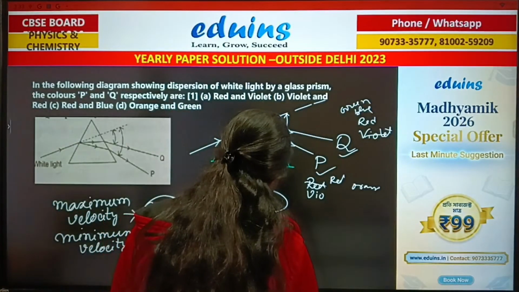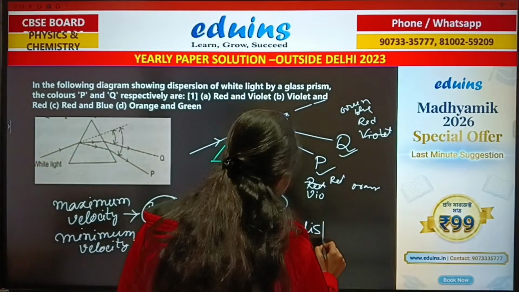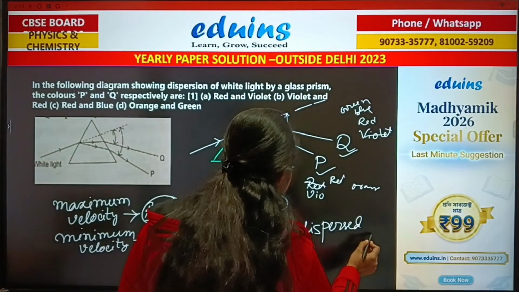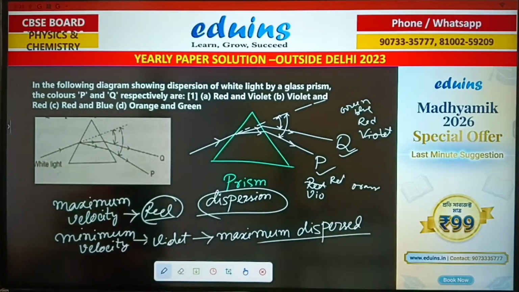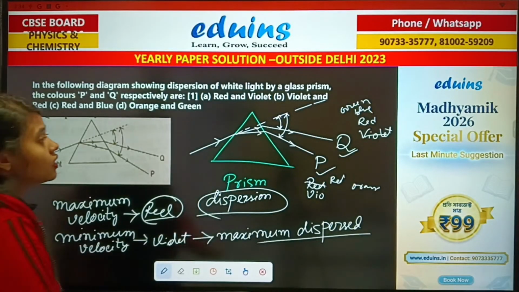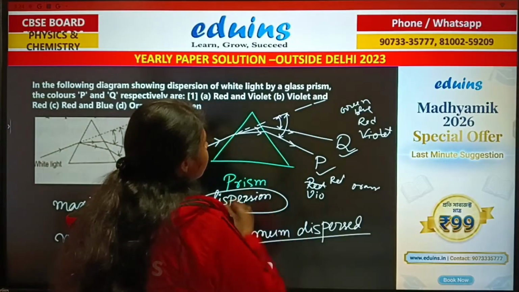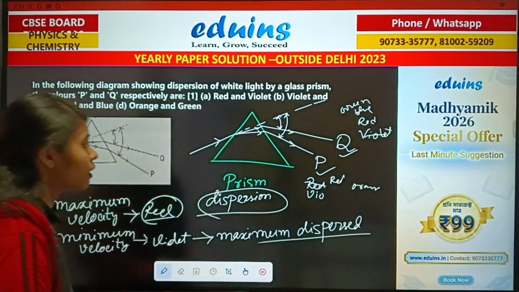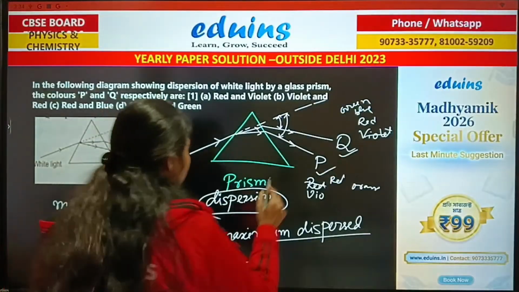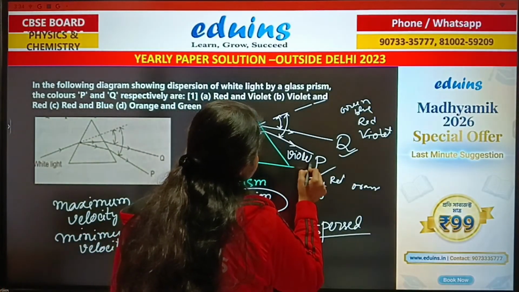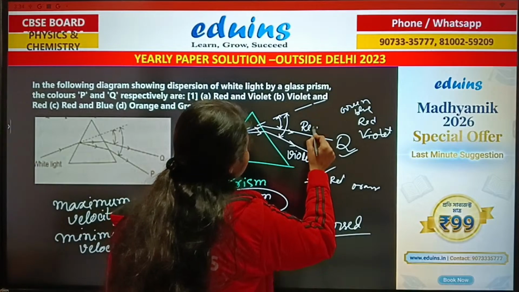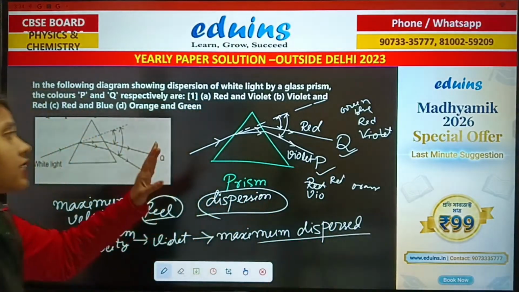So it dispersed maximum, but red color has the maximum velocity range. So the dispersion that occurred in red light is the minimum from all of the rays. So we got that dispersion. There is more angle of deviation, that means more dispersion. So this must be the violet light or violet ray, or that must be red because this has the minimum